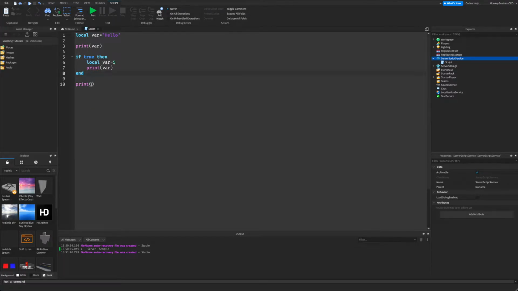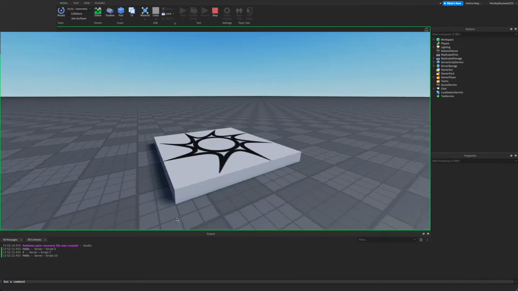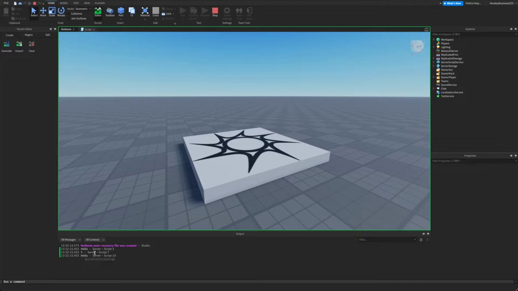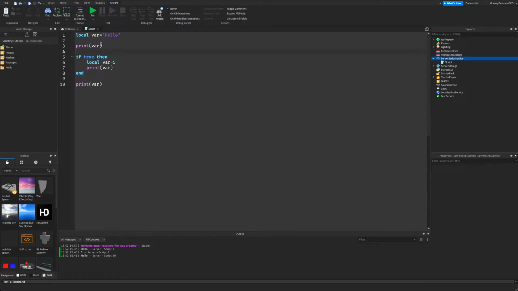It will print 5, and then here it will print hello. So it's going to print hello, and then it's going to print 5, and then it's going to print hello. As you can see, it has printed hello, 5, hello. And that's because this variable is equal to hello, and then because this is a separate chunk of code and